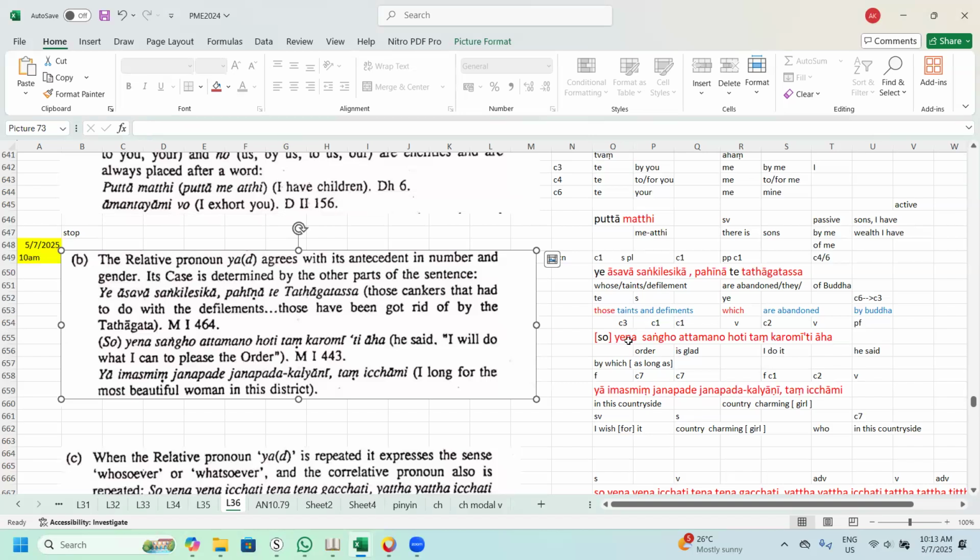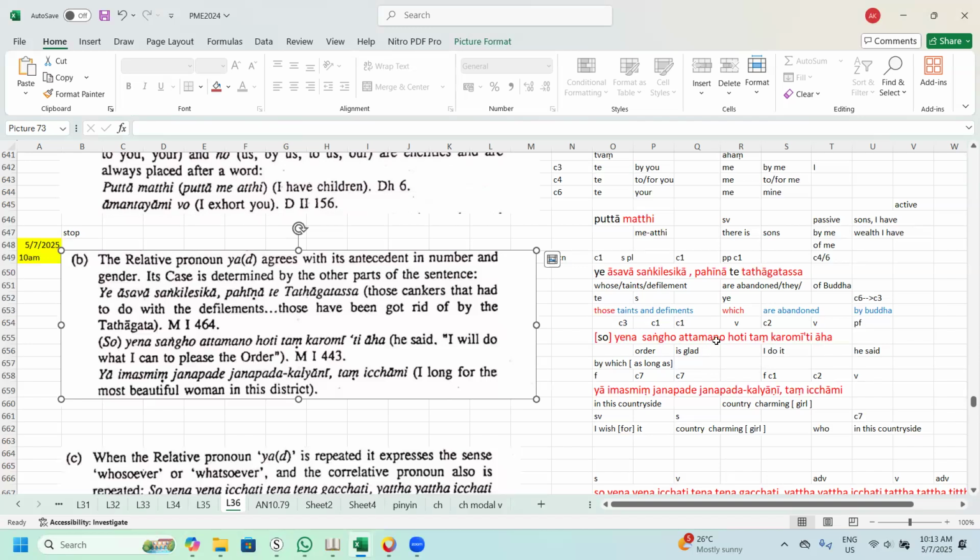So this is instrumental, by which, okay, by which, then this is the subject, okay, you see the subject. By which the sangha, becomes sango, it means order. Can you see, this is describing, this is a present participle, okay, the order is glad. Then you can see here the word is, let me say, is. We cannot put "is gladdening". You must know this is